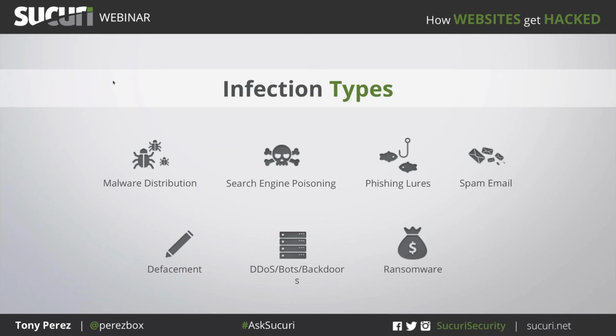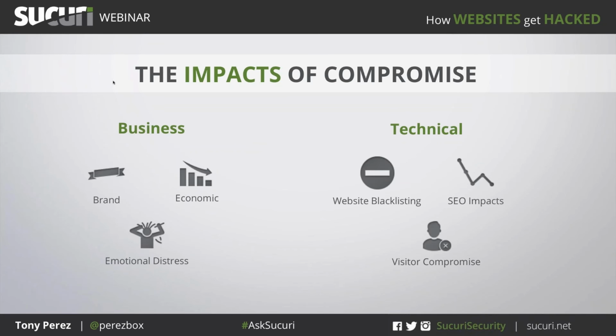We then moved into the technical side. What are we talking about when we talk about website blacklisting? What does that really mean, with the various service providers out there? We talked about, of course, the SEO impacts and the impacts to your visitors. Obviously, these are very high-level impacts, but these are perhaps what we feel to be the top 6 issues that website owners are faced with. So this is all really interesting. Okay, now we understand what they can do, but we didn't answer the how. We didn't answer specifically on the hacks themselves. And so that's what we want to do here in this conversation.